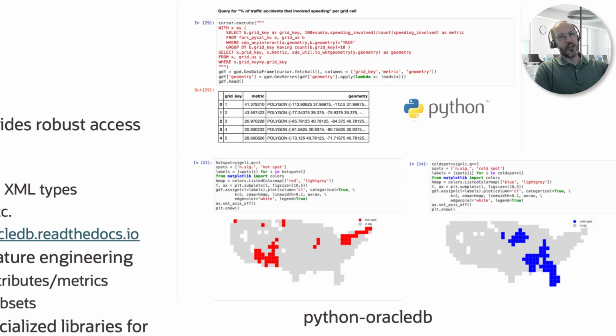so that from Python you can connect to Autonomous Database and work with it and take advantage of all kinds of advanced features of the database without having to do a bunch of extra coding, because this driver understands things like object types and character and binary large objects and JSON types and cursors coming back from queries. All these things that this Python Oracle DB module allows you to do makes it easy to tap into Oracle and things like spatial data, get them into Python where you can mix and blend that data with specialized libraries to do things like